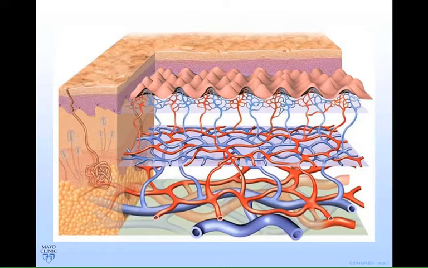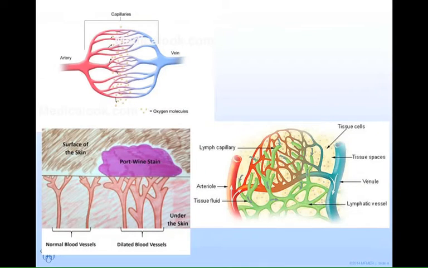So this is just a cartoon of the skin, a cross-section showing how the blood vessels are intertwined. Up here are where the capillaries are. The capillaries, of course, are what give rise to the capillary malformations or the port wine stains. When we have extra capillaries in a localized area, that's what produces a port wine stain on the skin. You can see this drawing here, looking at these capillaries under the skin, and then this picture of a port wine stain on the surface.